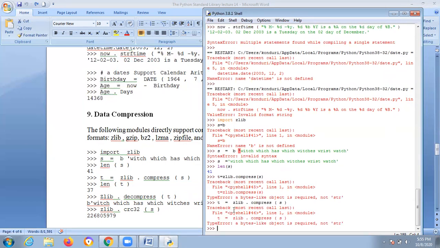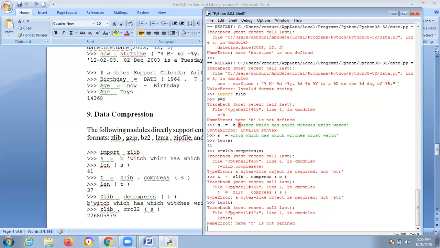Bytes is equal to, not string. Compress, yes, you are getting the length like this, and you need to compress. zlib dot compress.